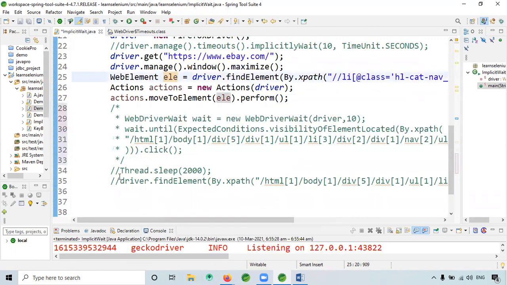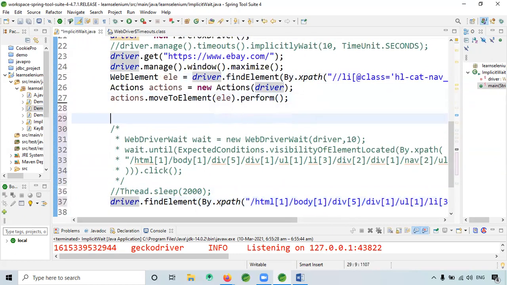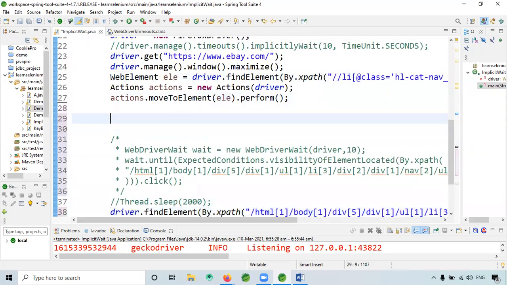Now here this has to be there. The code will be something like this. The code is a little bit hectic. This is used for regular intervals.